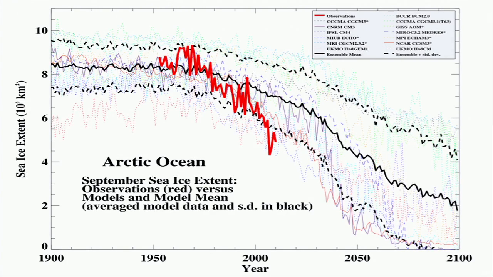And of course, one of the concerns was that in this decade here, particularly the decade 2000 to 2010, you'll notice that the observations were actually showing much more rapid ice loss than the models. So people had to go back to the models and figure out what they were missing in the models. We can't discuss all the details here, but you notice some models actually did predict